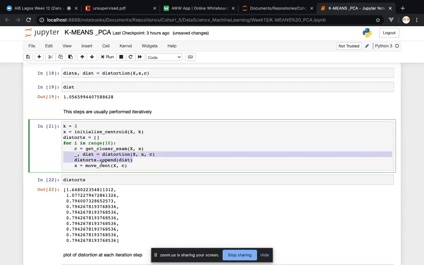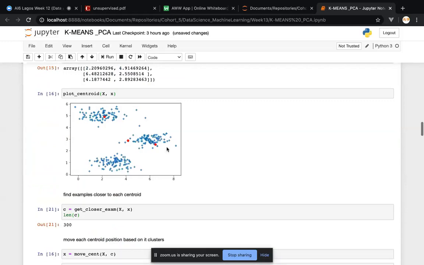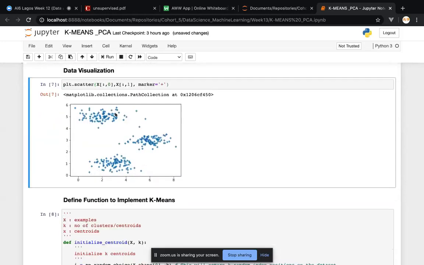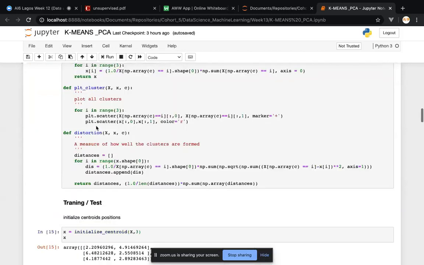So now let's say we didn't do this, right? We now moved ahead to move the centroid. So remember I told you guys that after we have calculated the distances, let's say it was here, here, here, and we calculated the distances after random initialization. We need to move the centers that we have defined so that it is at a position that is a mean to every other point, like the positions of every other data point around it. So if it was here, and you found out that this guy is close to it, this guy is close to it, this guy is close to it, compared to every other centroid that is here, you should find a mean for all these data points and move your centroid to that position. And that is exactly what